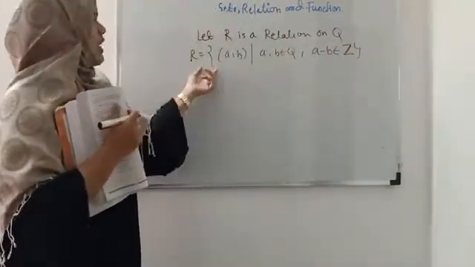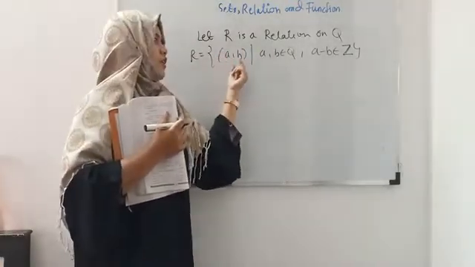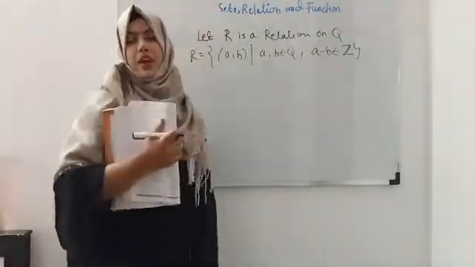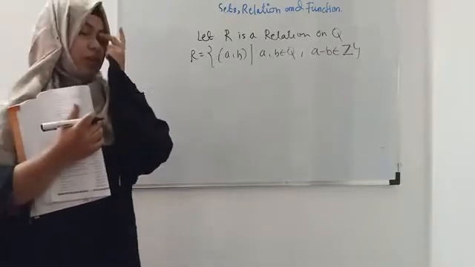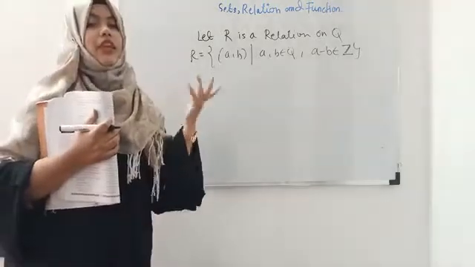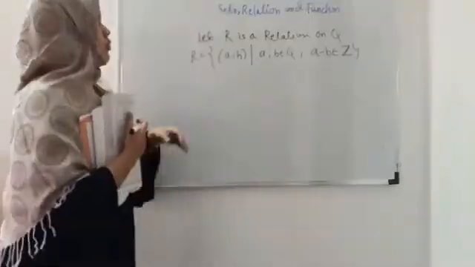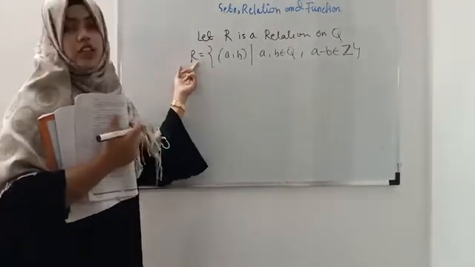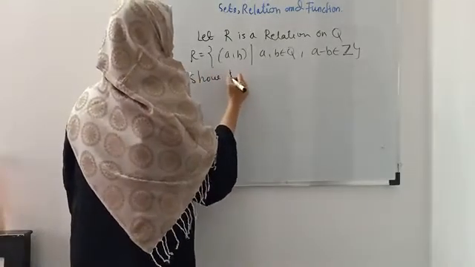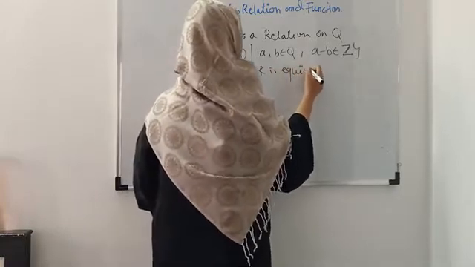मतलब ये रिलेशन कैसा है? दो एलिमेंट्स रैशनल नंबर के R में बिलोंग करेंगे if and only if you take subtraction of that, it should be an integer. Subtraction should be an integer, that means it could not be a rational number. It can be negative and positive, but it should be an integer. So this condition is there. We have to check whether this R is equivalence relation. Show that R is equivalence relation.